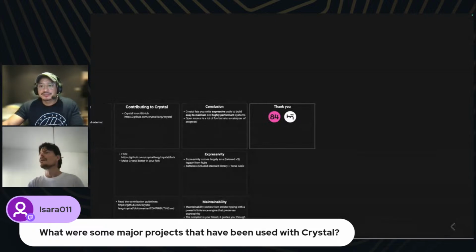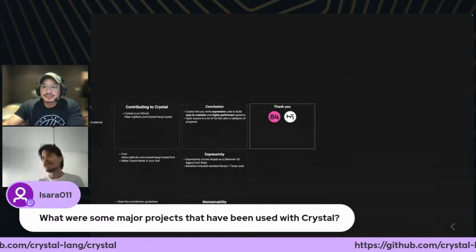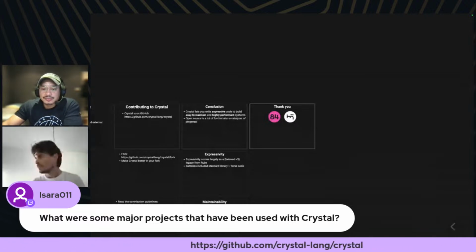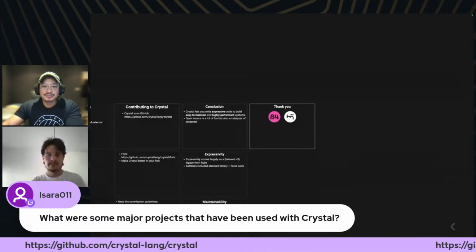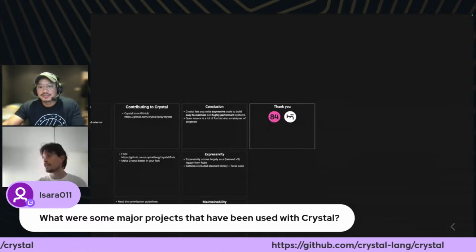All right. So, major projects in Crystal. LavinMQ is probably the first one that comes to mind. The Crystal compiler is another one. The Kagi browser, if you've heard about it. A little advertisement for our friends from Kagi.